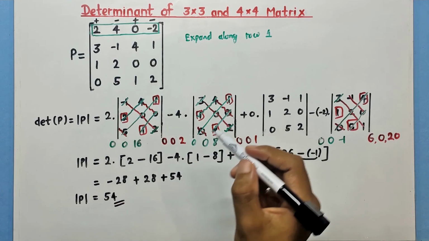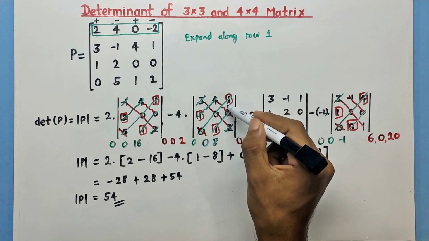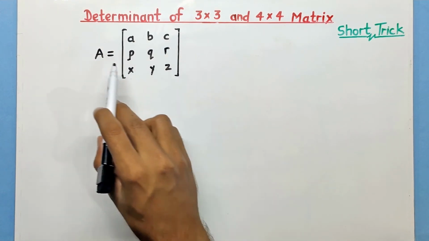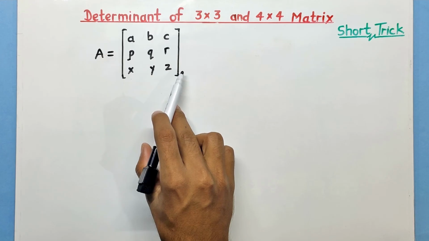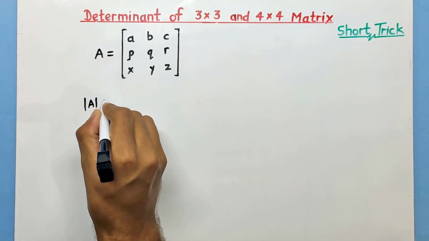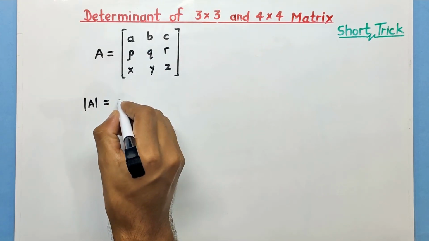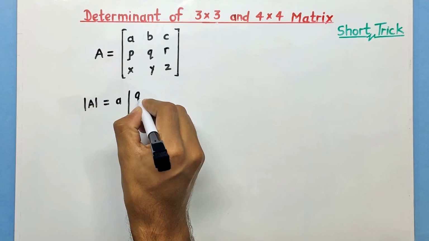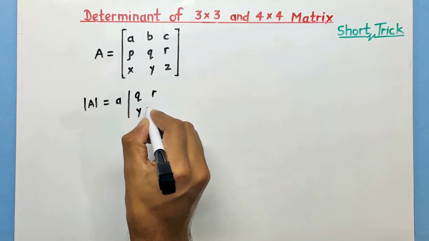Now let's talk about the mathematical proof behind this trick. Let's talk about the proof for a 3 by 3 matrix. Here I have a matrix A having these elements. Let's find its determinant using the usual method. So determinant of A will be the first element, that is a, times this determinant, that is q, r, y, z,